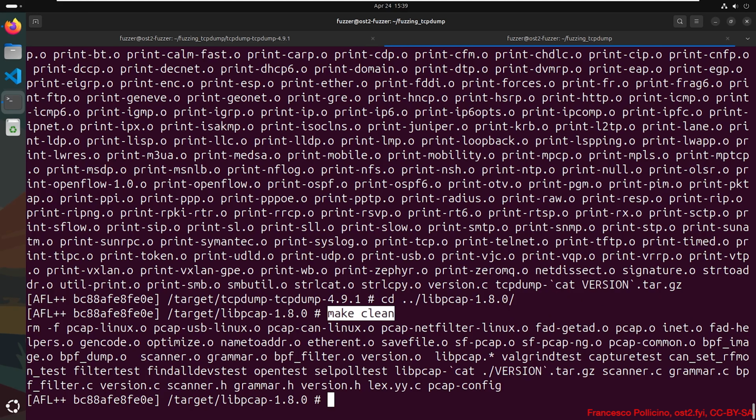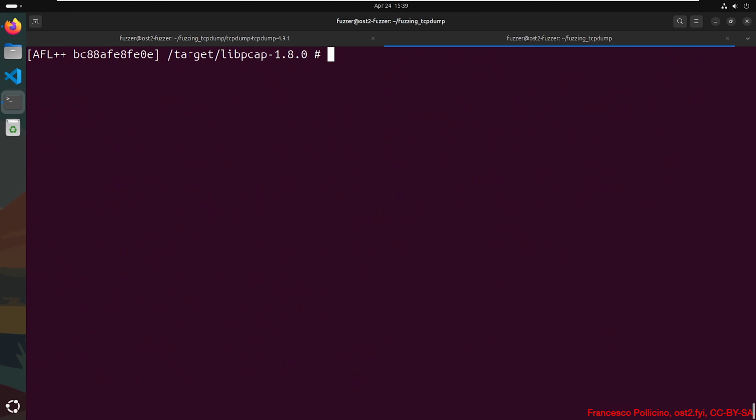The next step is to compile first libpcap with instrumentation. So we have to export this variable. Basically we set the environment variable LLVM_CONFIG to point to the specific llvm-config tool for version 11. Using version 11 is suggested for compiling older versions of tcpdump with ASAN due to compatibility issues, because newer versions of LLVM introduce some breaking changes that cause compilation failures or ASAN instrumentation problems with this